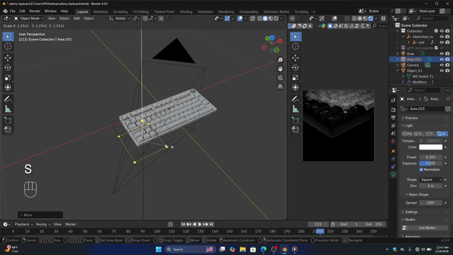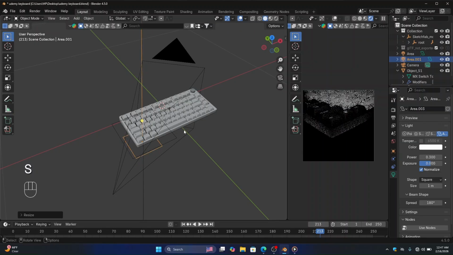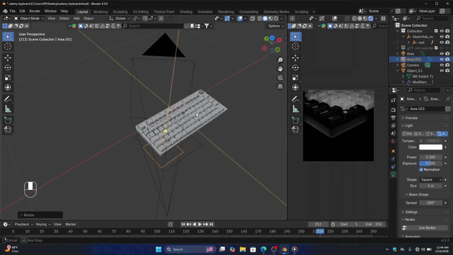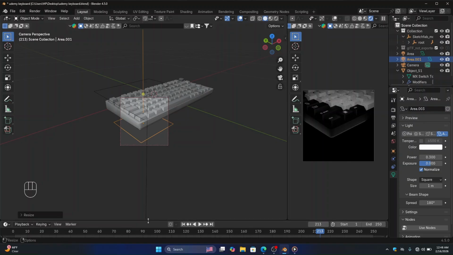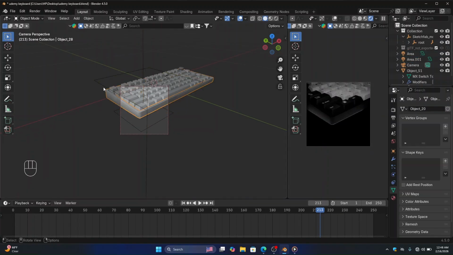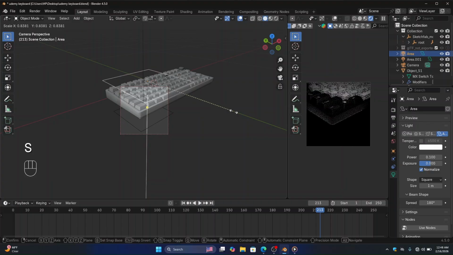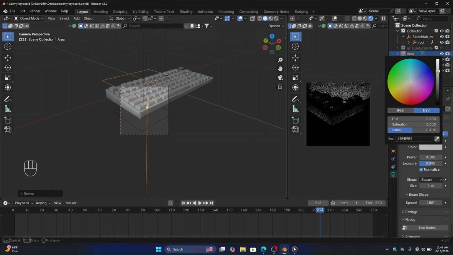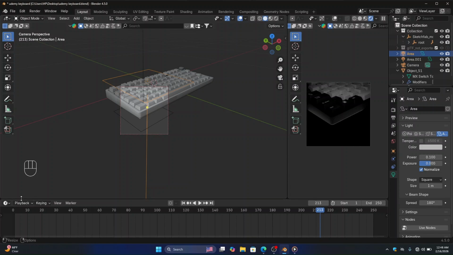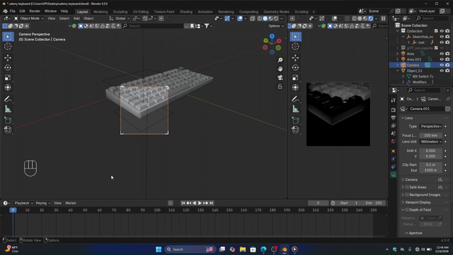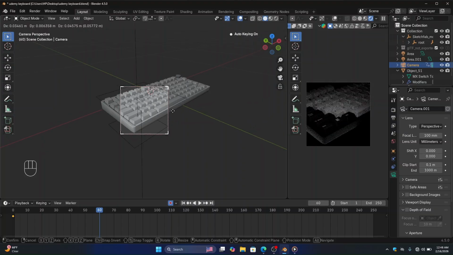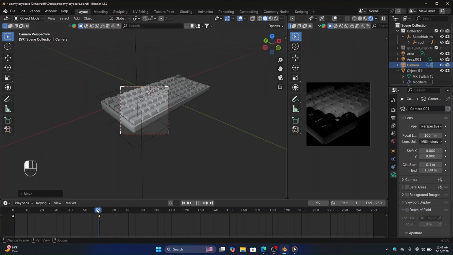And with this, let me scale it a little bit, not to give it a sharp look. With this, I'm going to edit my camera, and then open this one, and also let me scale it a little bit, and then let me decrease the color of it like this, and then let me select my camera view and press I on your keyboard and go with location and rotation, and then enable this one and go to like frame 60 I guess, and then move your frame like this, and now you are able to see